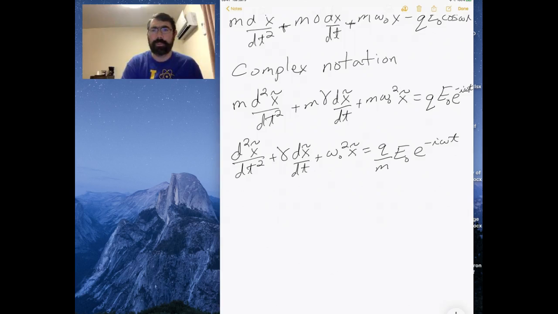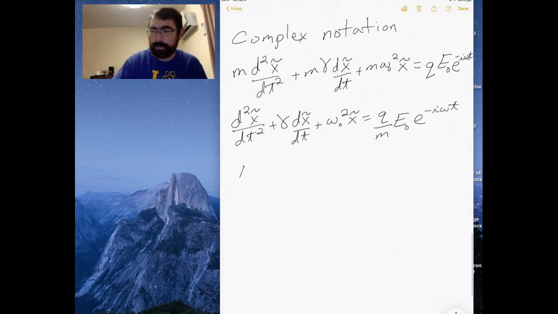So now we've got a form which is much more pleasing to the eye and a little bit easier to solve. And so, okay, what I'm going to do is make one last substitution and assume